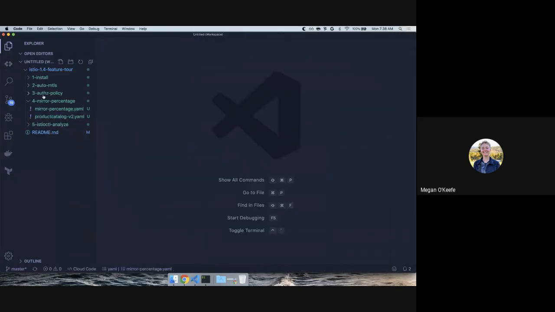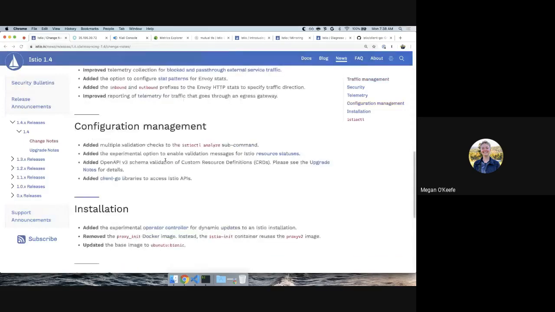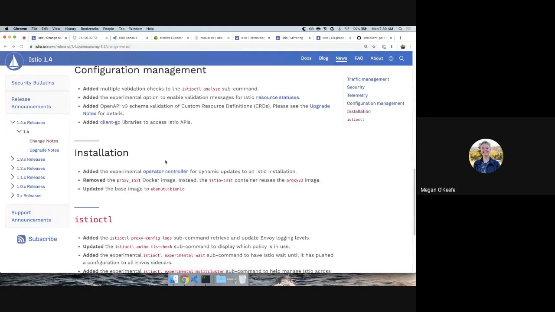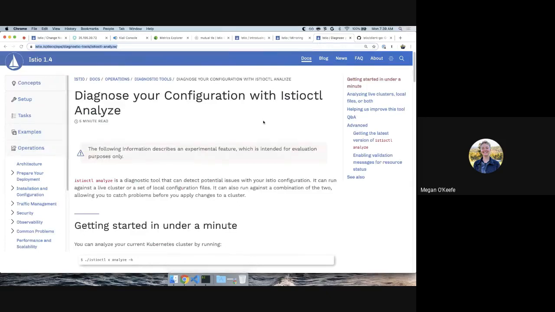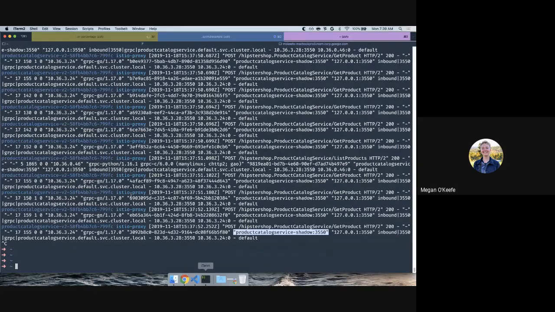The last couple of new features I would love to show have to do with config management and troubleshooting. I think that one of the most major things to be released in 1.4 is extensions and improvements to Istio-ctl analyze. Istio-ctl analyze is a command that is packaged up with the Istio-ctl tool, which you get when you install a new release or when you download the release of Istio. So if I just clear this out here,